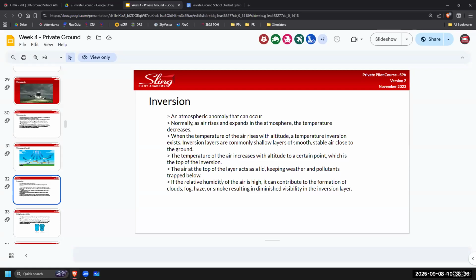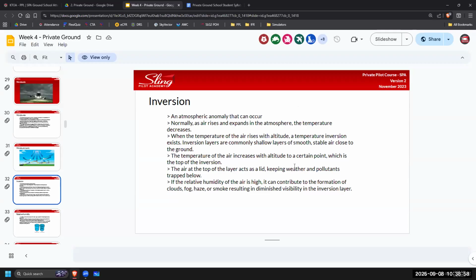So if the relative humidity is high, meaning there's moisture in the air, it can contribute to the formation of clouds and fog and haze and all that. Okay. Main thing we need to know is temperature inversion is when temperature increases with altitude and it creates smooth,